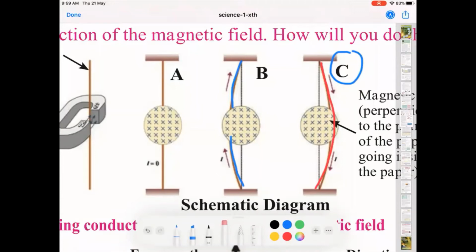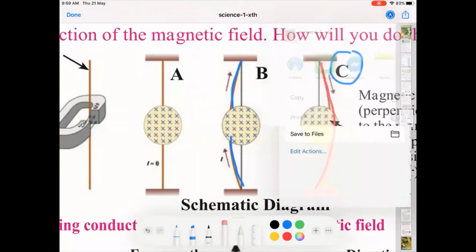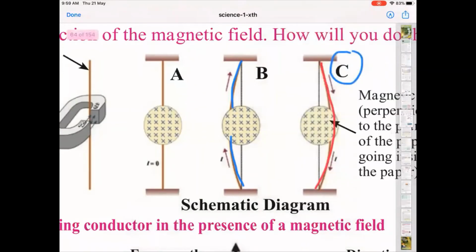Now to understand this better, why does this happen? Now the question arises, why is the force perpendicular to both? The displacement that you are watching is basically a force which is acting on the conductor. The displacement is caused because of the force which is acting on the conductor. Remember this point. That force we will try to understand. We know that that force is perpendicular to both the electric current as well as the magnetic field.